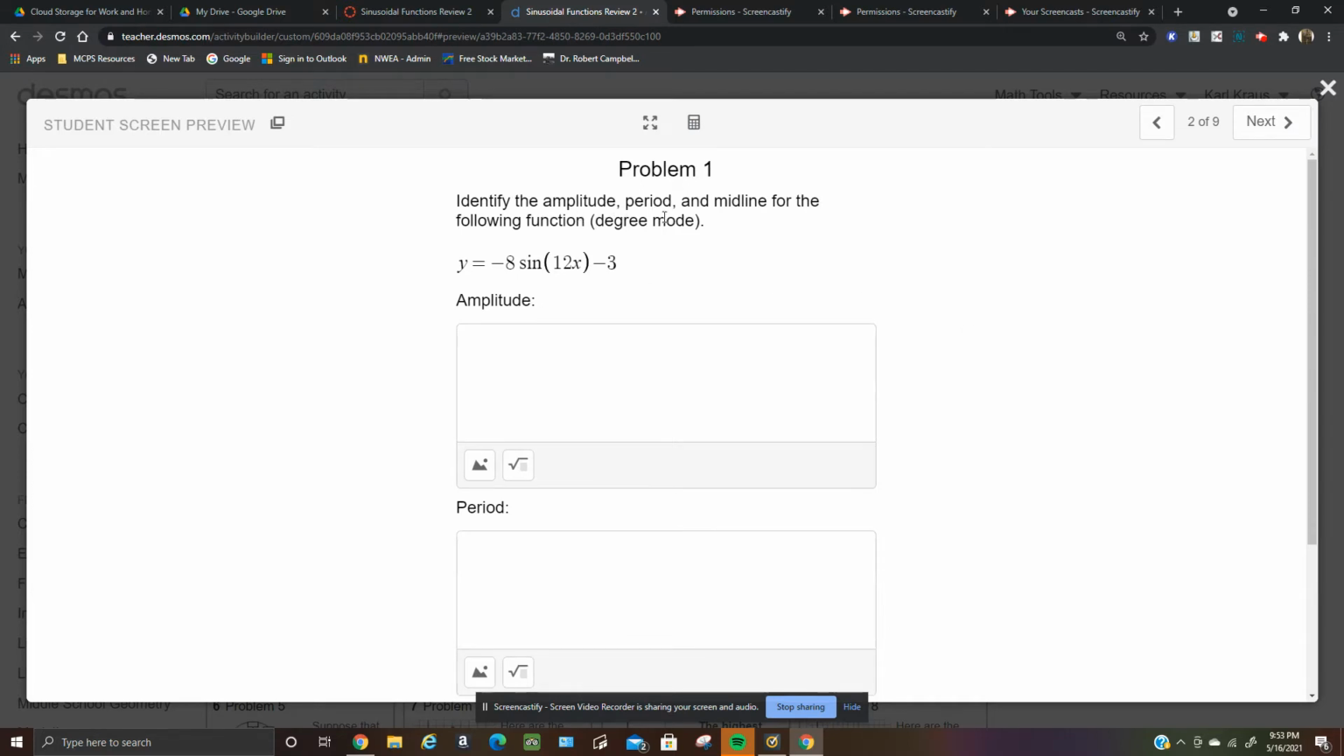Next, identify the amplitude, period, and midline of the following function in degree mode. So if the function's in degree mode here, the amplitude would be 8. Amplitude is always positive, no matter whether it's positive or negative. The period would be 360